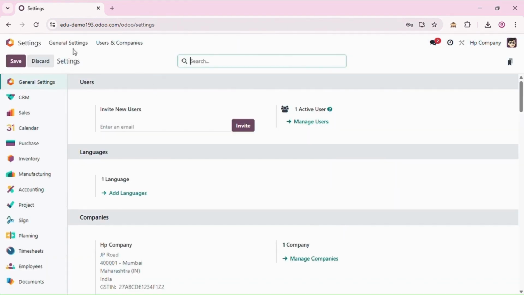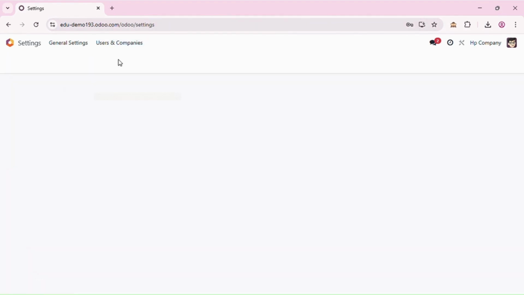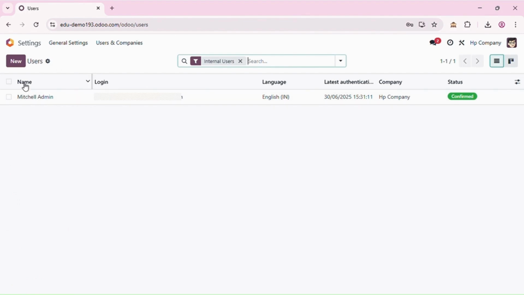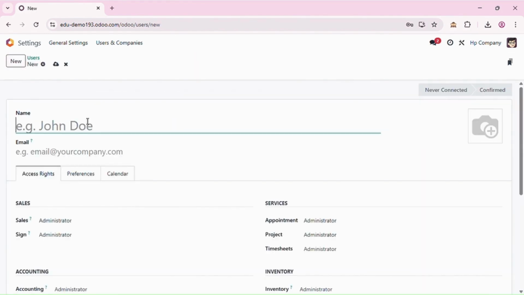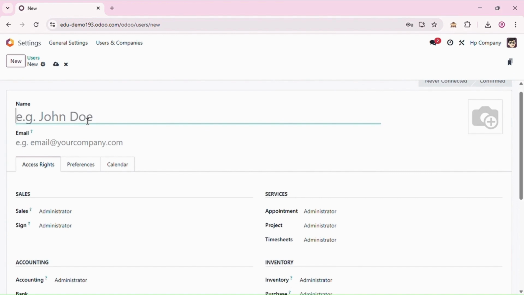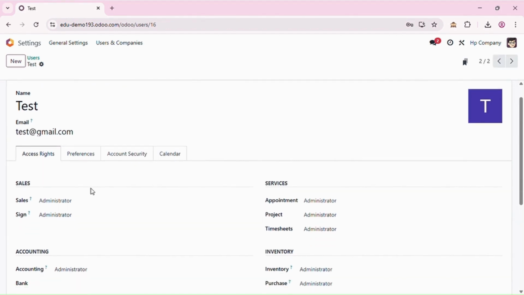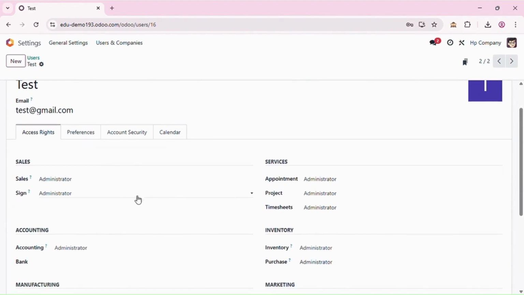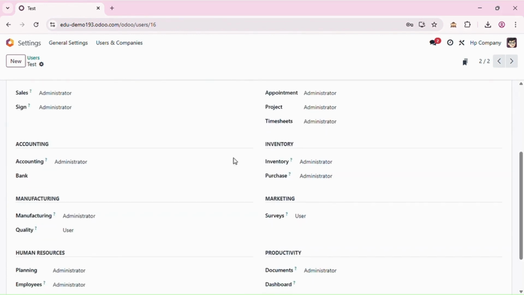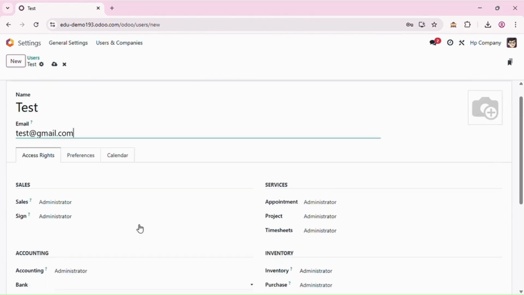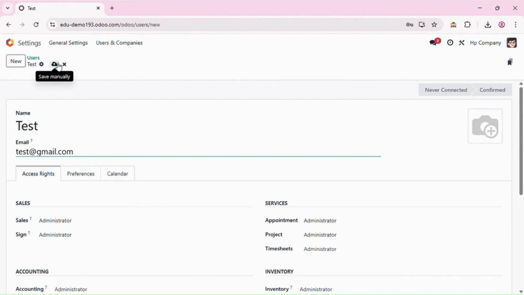And now on the left side, find Users and Companies and then click on Users. Click the Create button to add a new user. Type in the person's name and their mail ID. Next, scroll down and choose what this person can do by turning on the right access rights like sales, administrator, inventory, purchase, etc. Then click on the save option